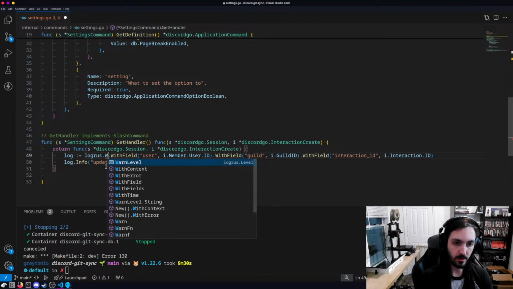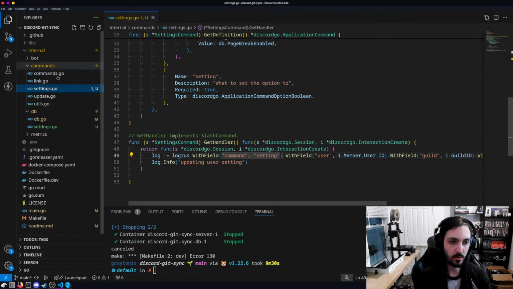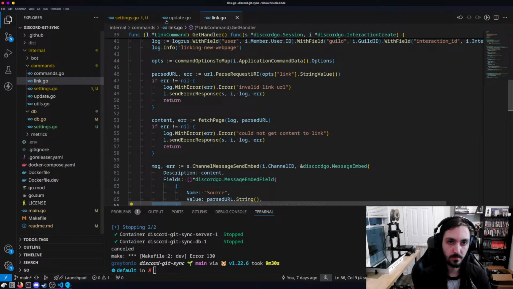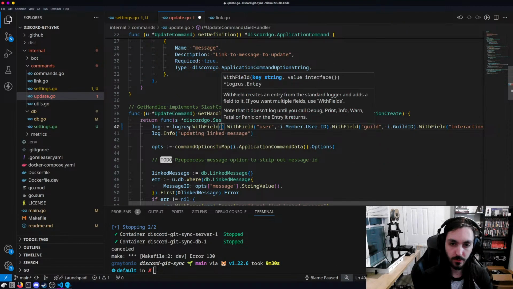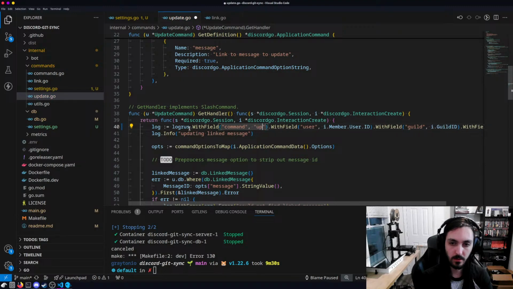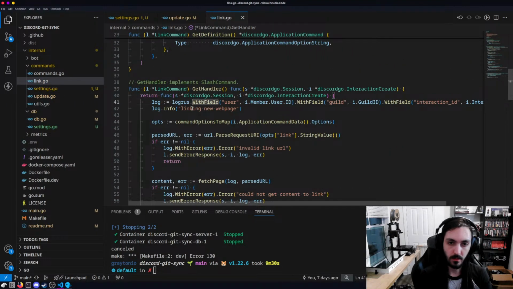Actually, I can do another with field command setting. Can do that for the other two as well. With field command update. And link. Actually, while I'm at it,